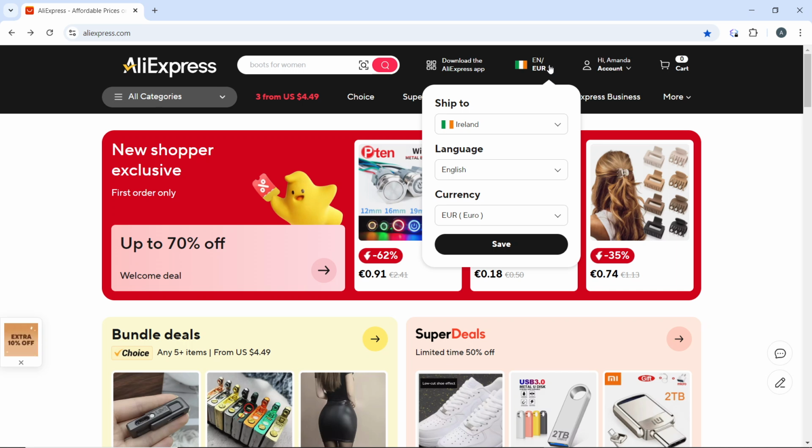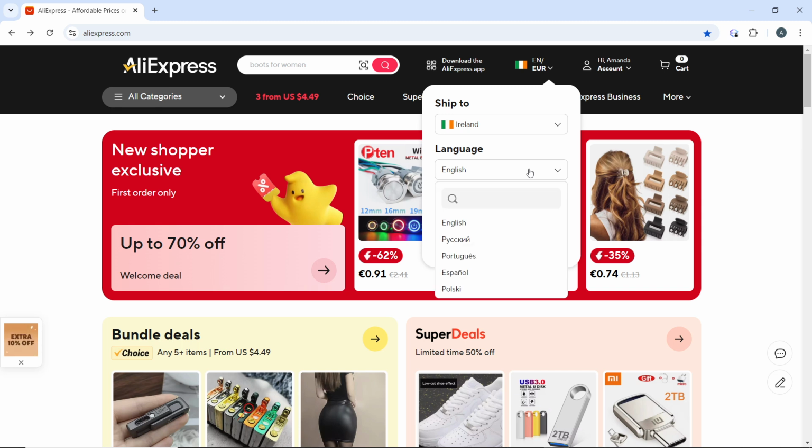And here you have a banner that says ship to. Of course, that's your location and that's the country, which is Ireland. And then you have language and you have the communications bar for currency. Now you can click on the language drop down menu to select the language that you want. And after that, head over to currency, which is the core of this tutorial, to change it to the currency